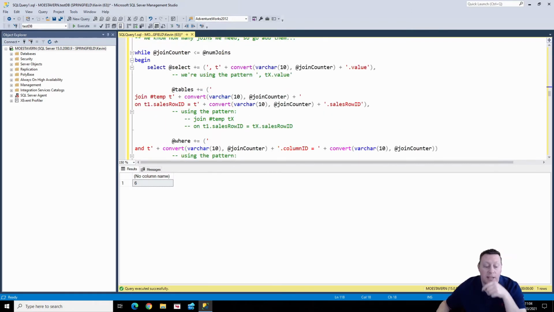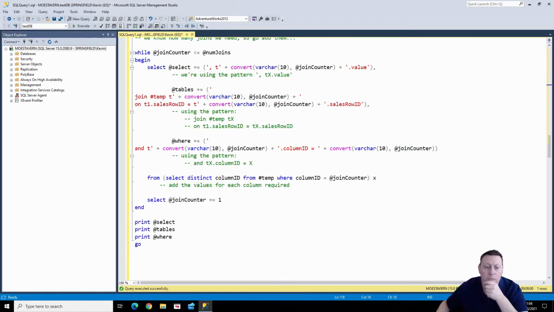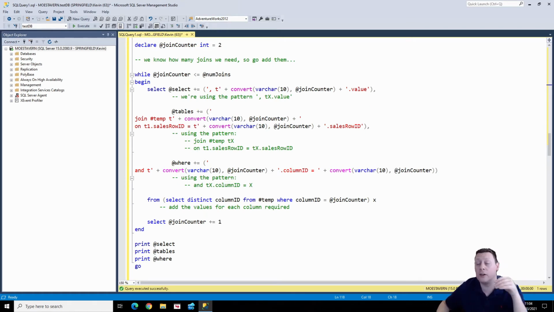So what we can now say is, well, let's do this. Now this looks horrendously messy. It's really not if you break it down, because a lot of it is just me making annotations on it. So what we're saying is for each new column we want to pull out, we need to add in a new join. Okay, so in order to add our new join, what we're going to do is, well, first on run 2 we're going to add in